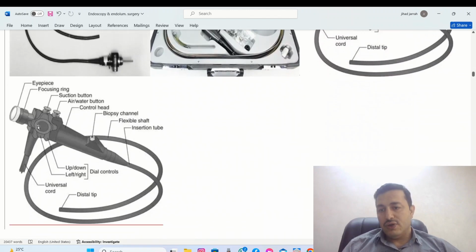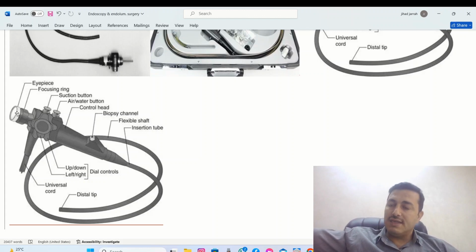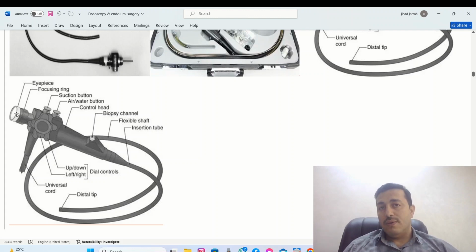Here we have the control unit. You see that the direct visualization is not reflected on a separate screen. Of course, some manufacturers can be connected to a different screen, but with the flexible sigmoidoscope we can directly visualize the